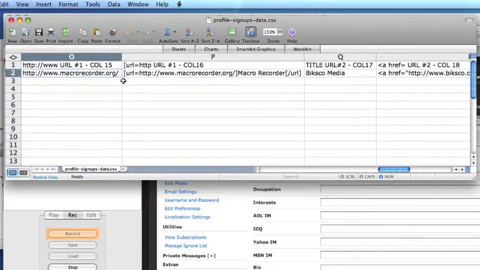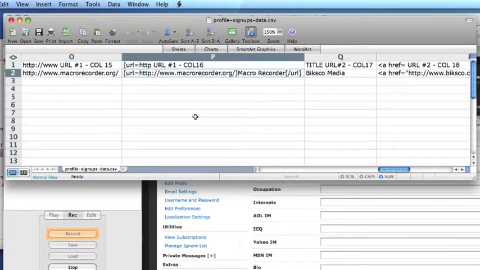And 15 is just a regular HTML. 16 is the BB code link, which comes with its own anchor text, and it's done like this. BB code is called bulletin board code. And now